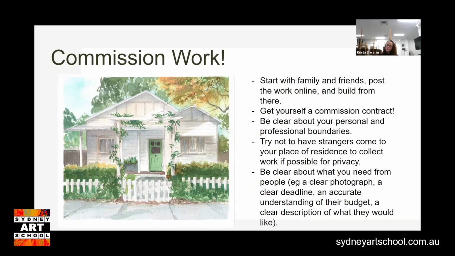3 people in a portrait is much harder to do than 1 person in isolation. And so I might not charge triple the price for 3 people, but I would certainly change the price if it was 3 people versus 1 person.